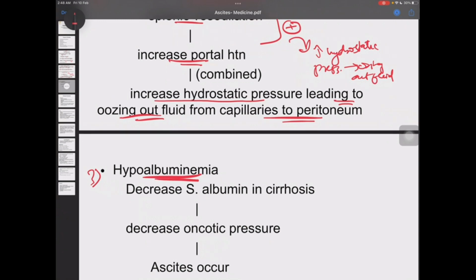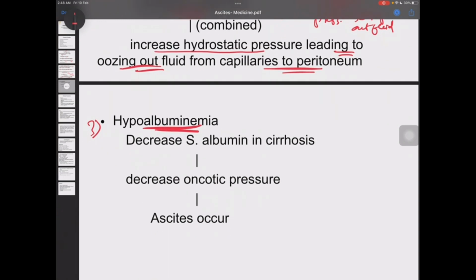hypoalbuminemia. Okay, decreased serum albumin in cirrhosis due to liver damage, decreases oncotic pressure due to decreased serum albumin,